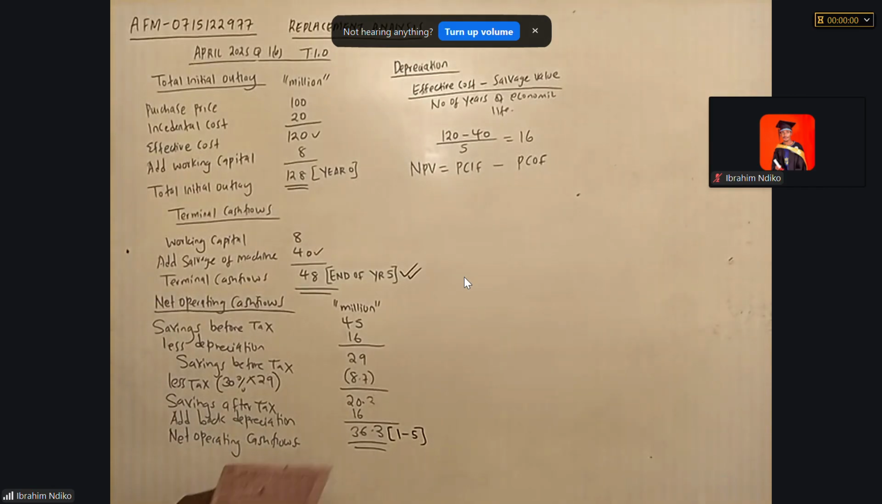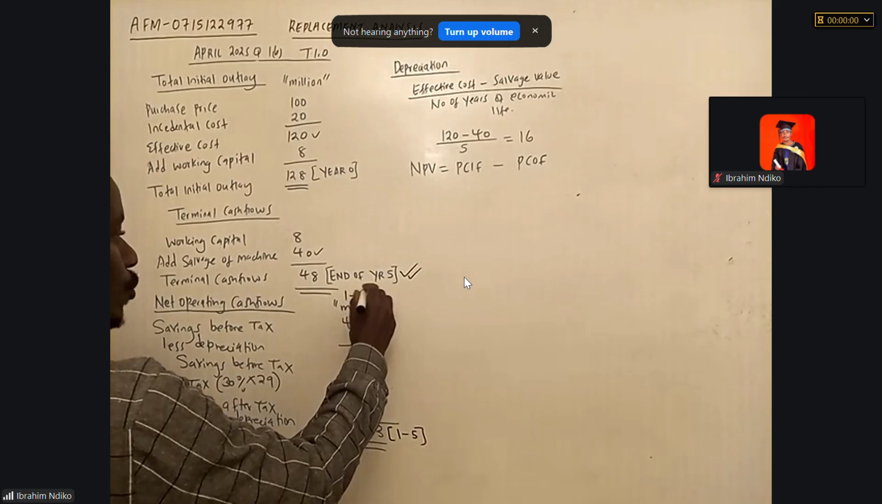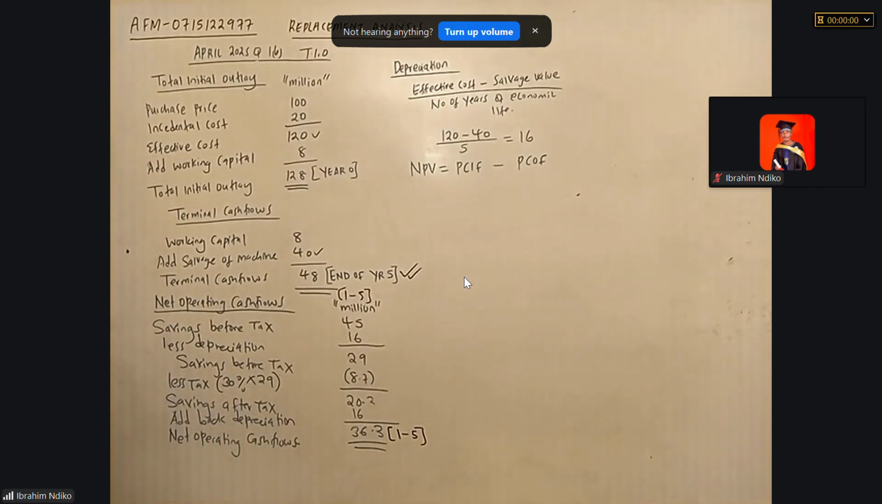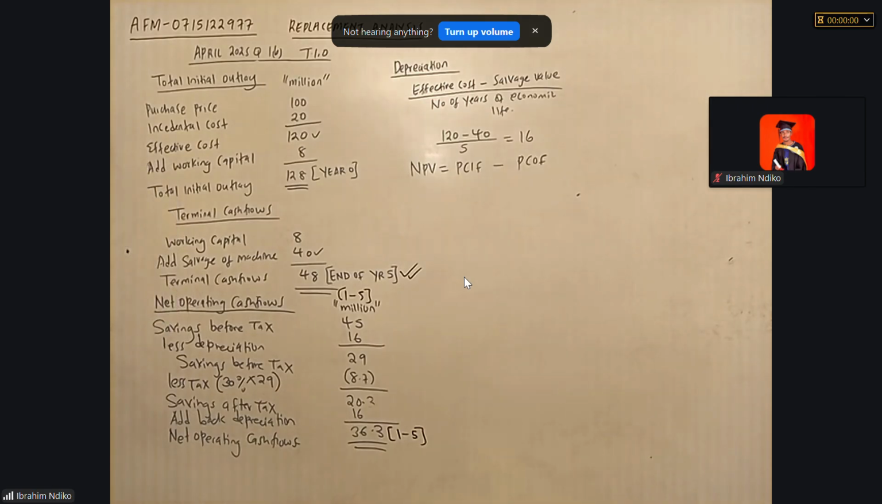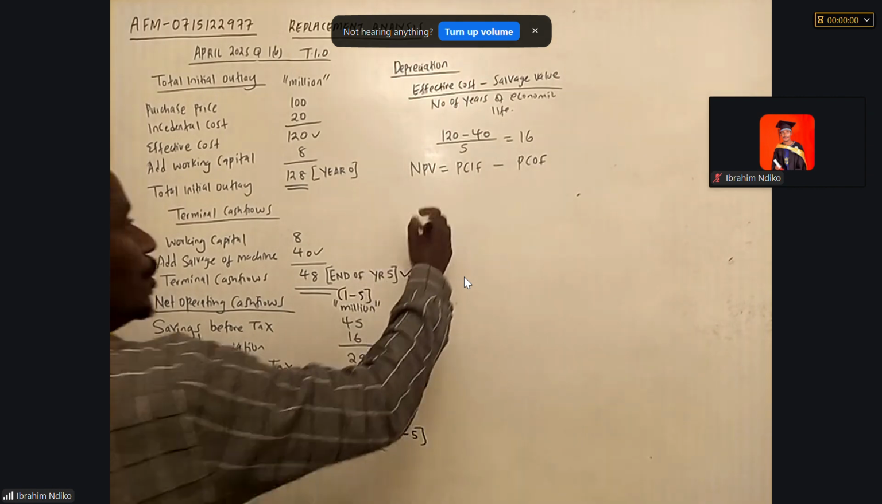But remember, the cash flow is the same from year 1 to year 5. So meaning the first year is 36.3, the second year 36.3. So every year we expect to be having the same cash flow of that 36.3 million. Right? Yes. So meaning our NPV